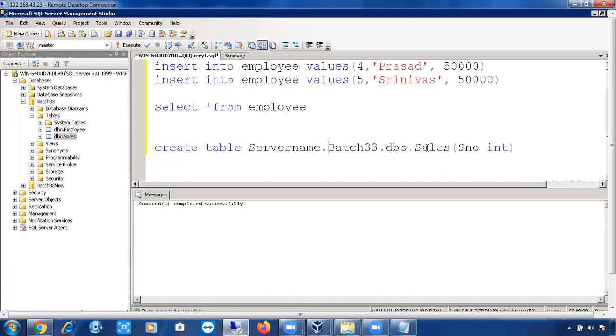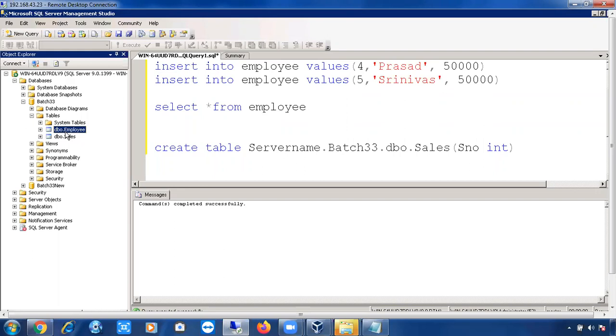We have four default schemas: DBO schema, guest schema, information schema, sys schema. Usually the default schema is DBO. Whenever you create any table, you can see it here. I didn't give DBO while creating the employee table. I simply gave create table, table name employee. But why did I get DBO? DBO is the default schema. So if you give DBO in front of the table name, no issues. If you don't, SQL Server will automatically create that table in the DBO schema.